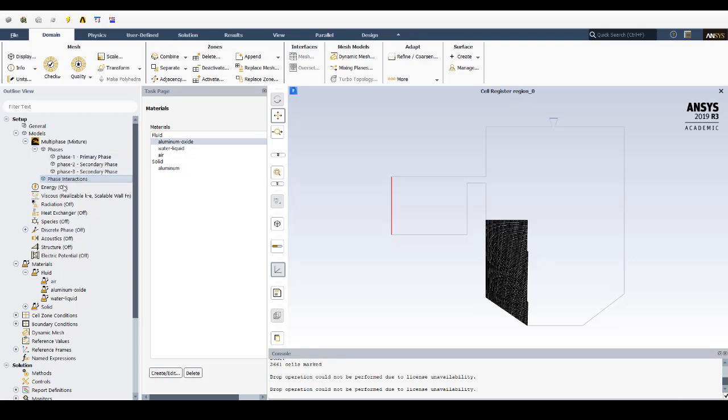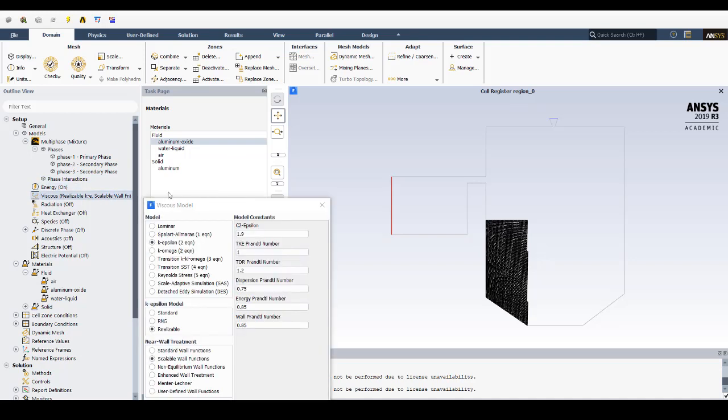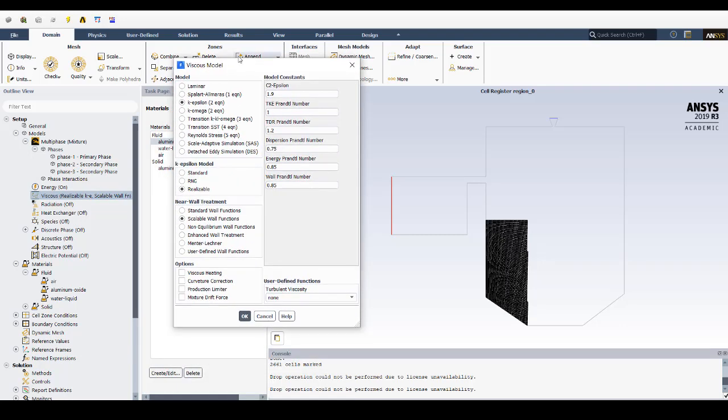So, okay, activate energy. Okay, go to realizable k epsilon model. And I have already given a video for wall functions, what wall function and when to activate. So I have just considered a scalable wall function, because here my importance is not about the wall shear or wall dependent viscosity. I'm not considering that here.